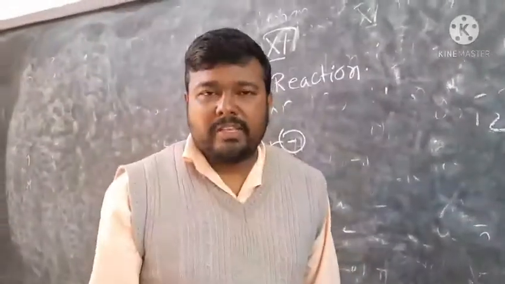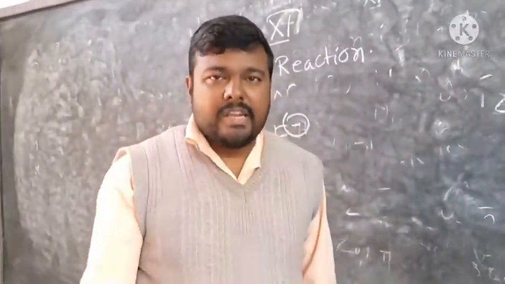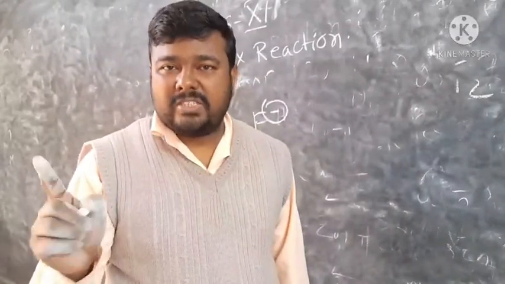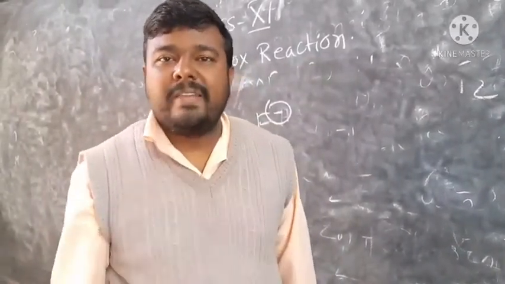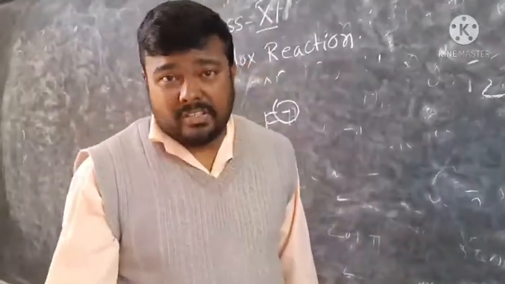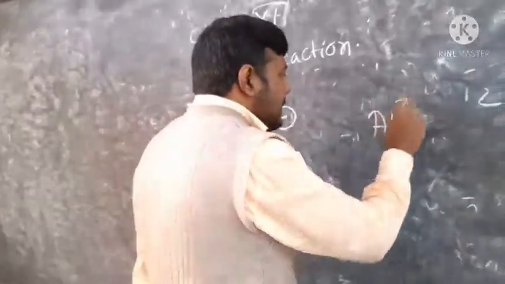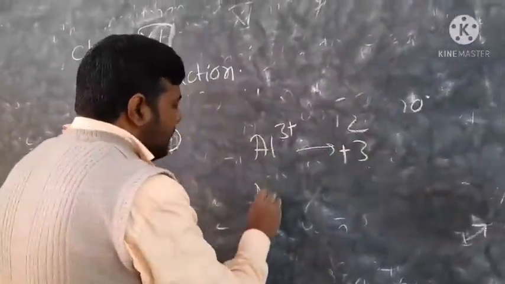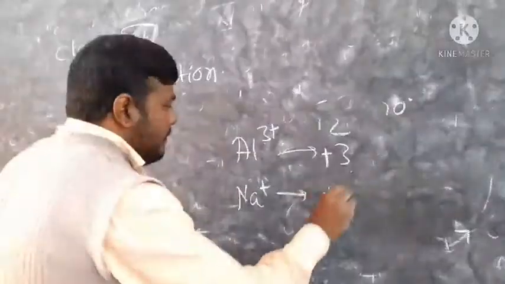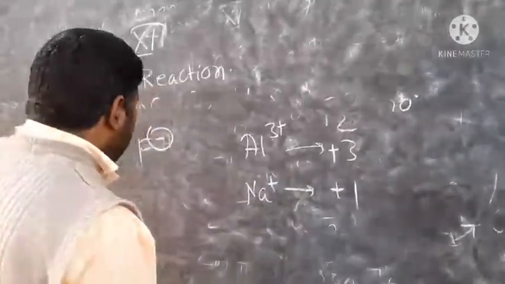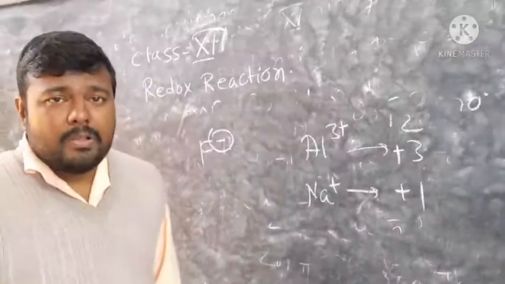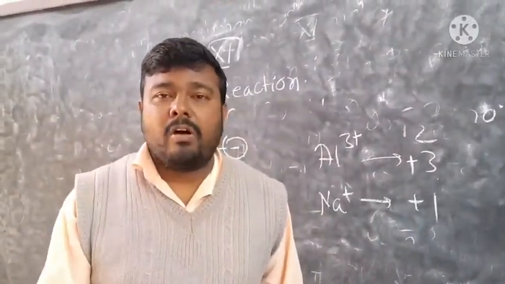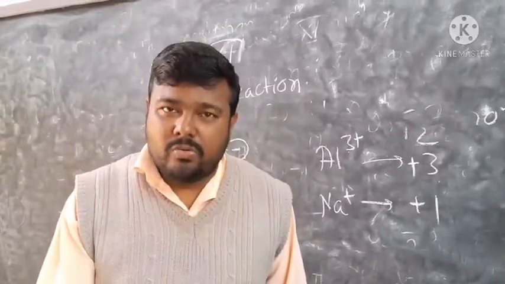Oxidation number of fluorine is always -1. Then the oxidation number of an individual ion like Na+, Al3+, Ca2+, F-, all will be their individual charge. Just like Al3+ has the charge 3+, so that means its oxidation state is +3. Similarly, for sodium+, the oxidation number will be +1, etc. Now, the sum of all the oxidation numbers of the elements in a compound will always be equal to 0.